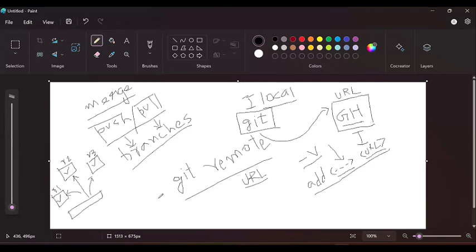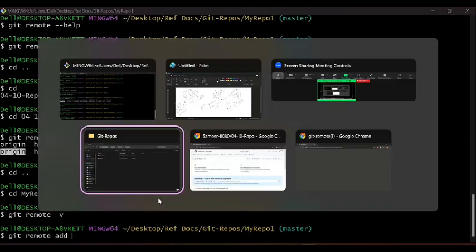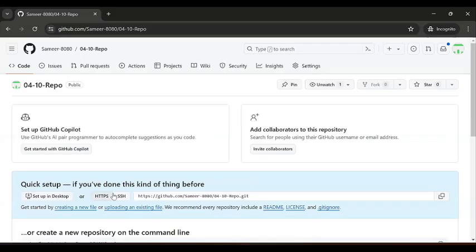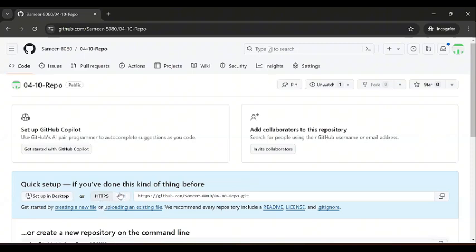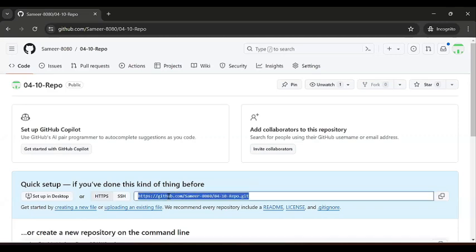In our case, we only have one remote repository, and this is the URL for my repository. I'll just copy it. Remember to use the HTTPS one, not the SSH one. These two are different methods for pushing. We'll be using the HTTPS one itself because it is rather simpler as compared to the SSH one. The SSH one is a bit complex. So we'll use the HTTPS one only. So we'll copy this URL